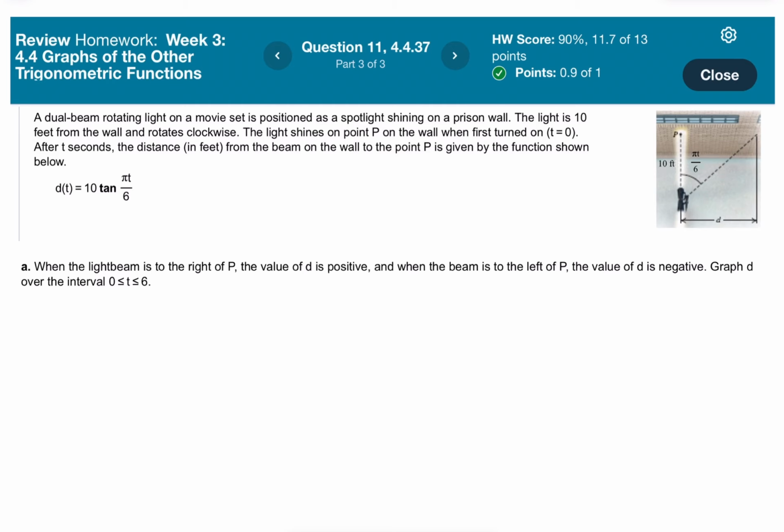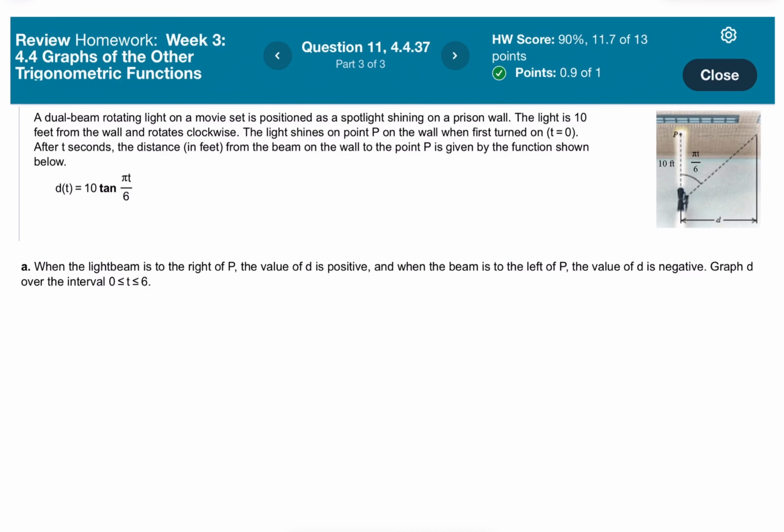Trigonometry. This comes from our textbook, section 4.4, question 37. It says, a dual beam rotating light on a movie set is positioned as a spotlight shining on a prison wall. The light is 10 feet from the wall and rotates clockwise. The light shines on the point P on the wall when first turned on, where t equals 0. After t seconds, the distance in feet from the beam on the wall to the point P is given by